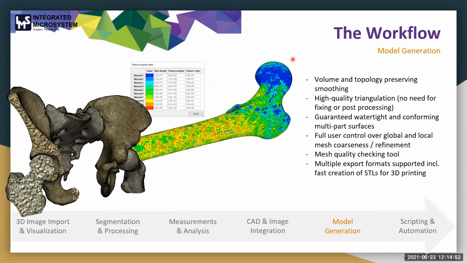Next step can be model generation. As I said, a model can be generated for simulation purposes. On the screen, we have a finite element model of the pelvic section. This model is generated with volume meshes, these tetrahedral elements, and this is ready to be exported for simulation. So a software's capability to generate a model can be utilized here to configure it with different boundary conditions. The model can be a surface model, a volume mesh, whatever our requirement may be.